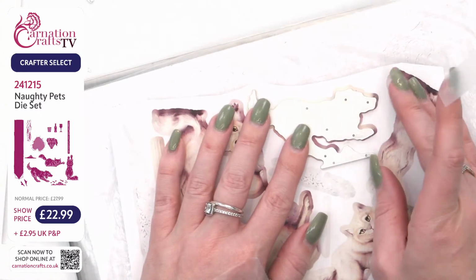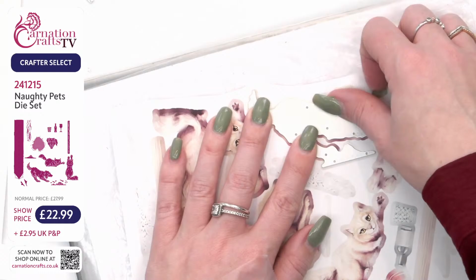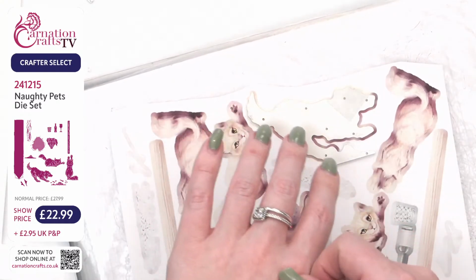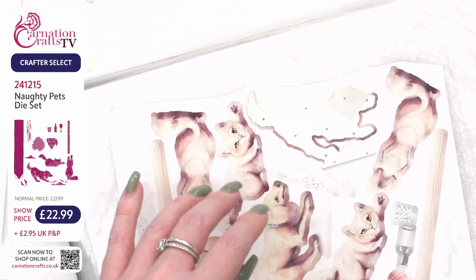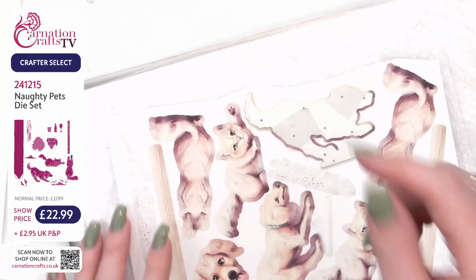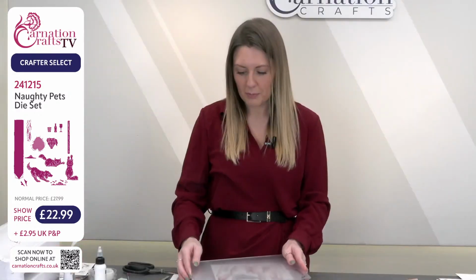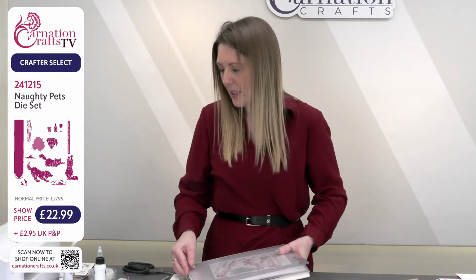So I'm just taking some of the tack off. How much have we got? Taz has just told me 30% has just gone. Right, so just take a bit of that tack off there. I do use tape to hold that down because obviously I don't want that to move. And then we're going to pop this